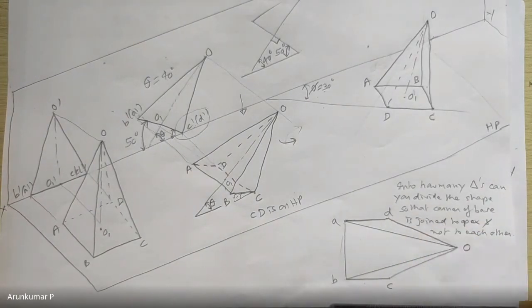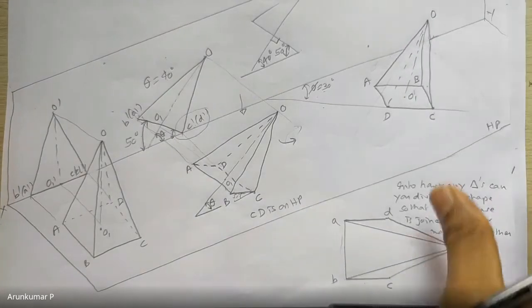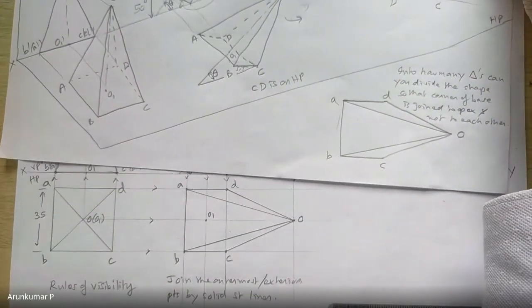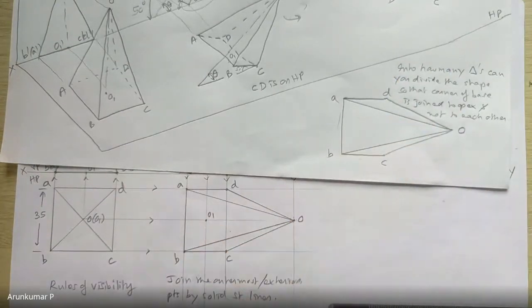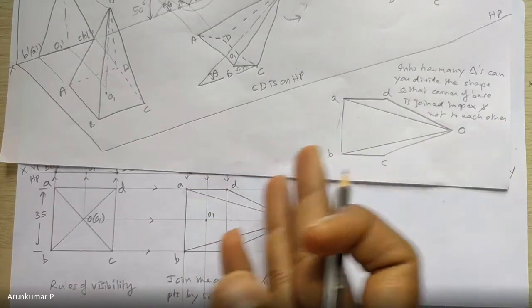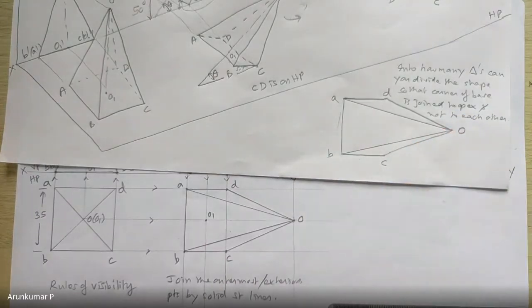This is another way. Whichever way you like, you can follow because the outcome for both is the same. You can see here. You will get three triangles. So you decide which you want. If you are able to understand this, fine. If you are able to understand this, fine. There are two methods. Go ahead with any one.